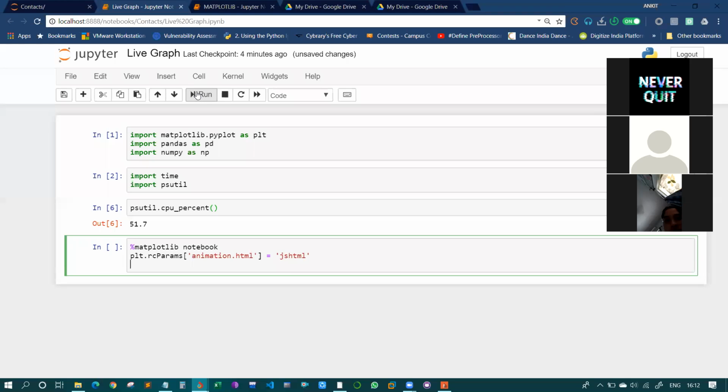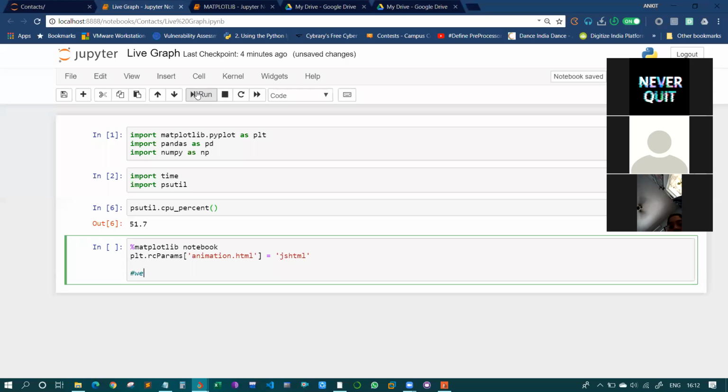So what we are doing is configuring the notebook so that it supports live data.